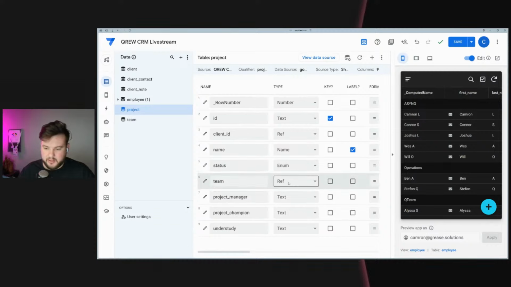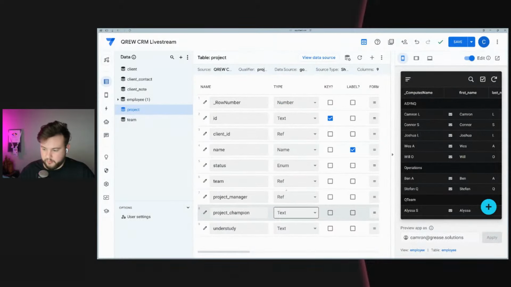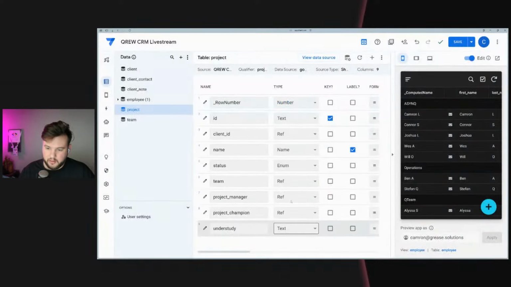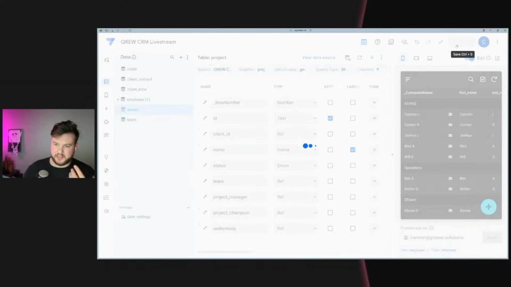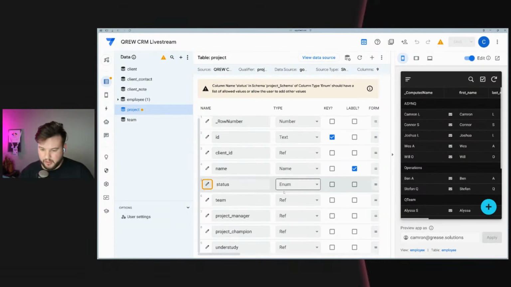And then team is a ref. And then project manager is a ref to the user, to the employee table. Project champion is a ref to the user table, employee. And understudy is an employee as well. So let's go ahead and do ref, employee, done. Let's actually save it this time without having a conflict of app version. Okay, and so